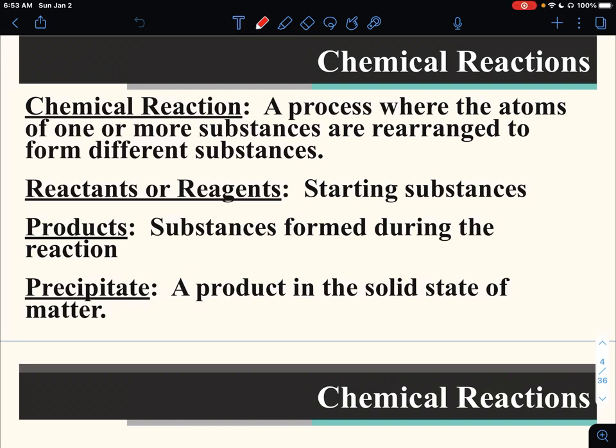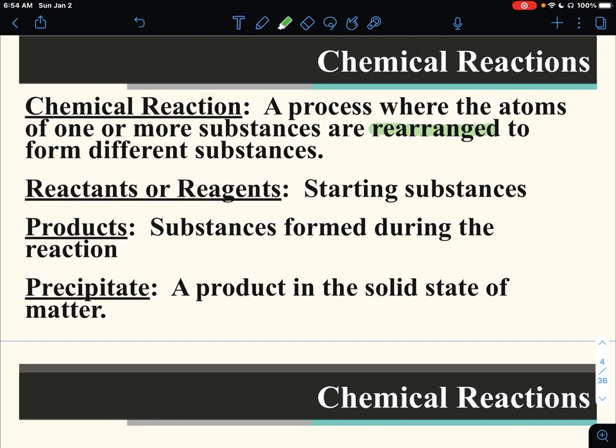So we're going to start off Unit 4 with some definitions. Chemical reaction, I think you all know, but here's what the formal definition is. What we're going to talk about in this video is how chemical reactions are not creating or destroying anything. All that's happening is that stuff is being rearranged. So that's really the key